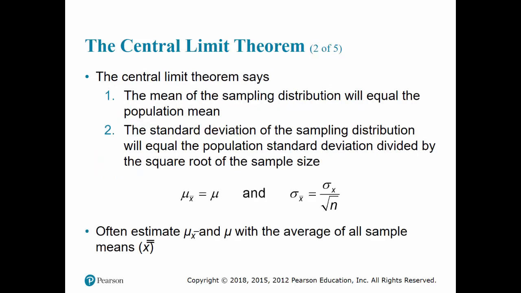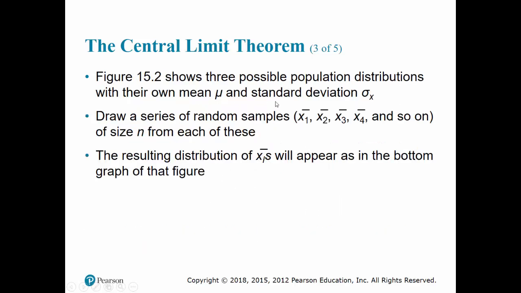So what does the central limit theorem say? It says if you take these samples and find the sample mean, that sample mean will have the same mean as the production process from which the sample was taken. Also, the standard deviation of that sample mean will be sigma over square root of n, the sigma of the production process divided by square root of n. Now with this, we can set up